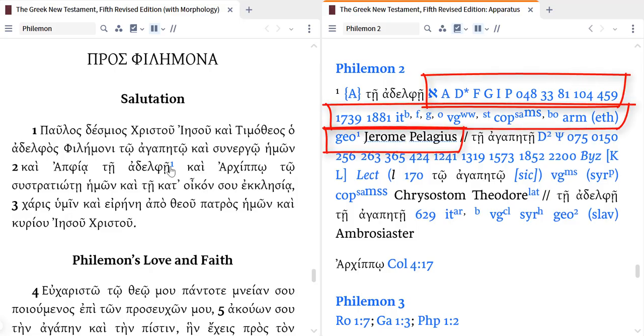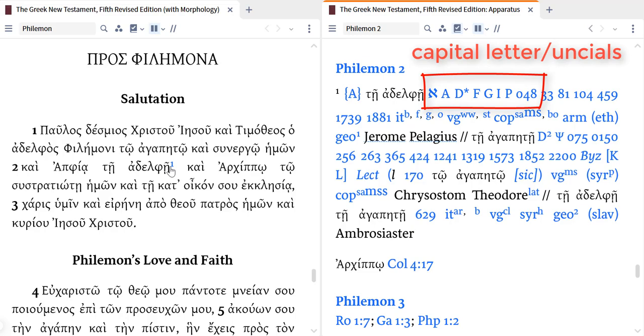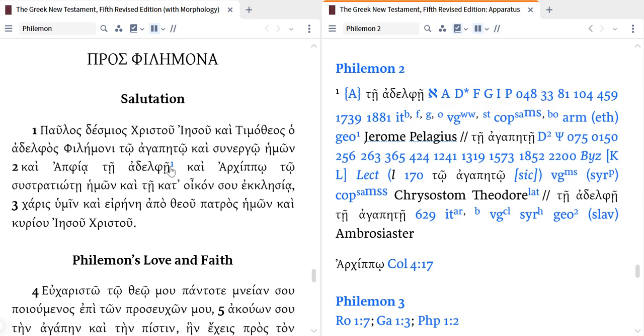After the word te adelphe, they start listing the manuscripts which support this reading. If they have any papyrus manuscripts, they'll put it right here. We don't see any, so there are no papyrus manuscripts for this verse. Then they're going to give us the capital letter manuscripts. This Aleph is a Hebrew letter. It represents an important manuscript. And then we have